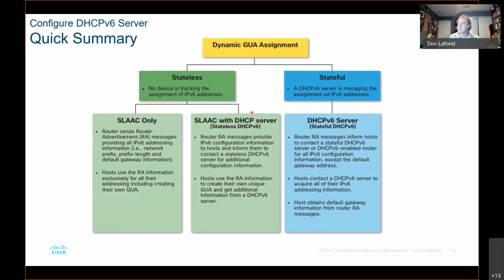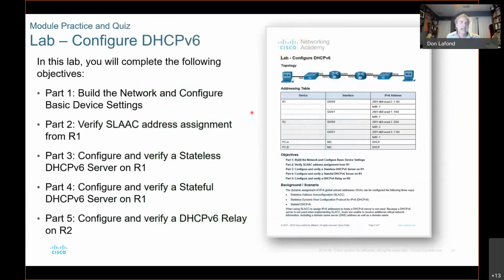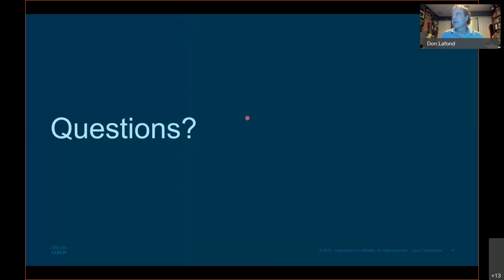So hopefully that's somewhat clear. And that's it. That's what we've been talking about for the last hour and 5 minutes. You're going to do a lab on this, configuring DHCPv6 in NetLab, and you'll get a chance to play with all of these. And that is my presentation for Module 8. So hopefully you're not too confused. It is challenging. I told you up front, not too difficult. Make sure you have good notes in your tech handbook, which way to use the flags, how to set the flags, etc. And that will help you to